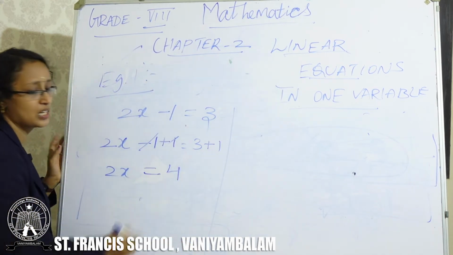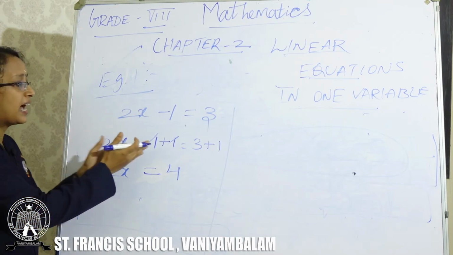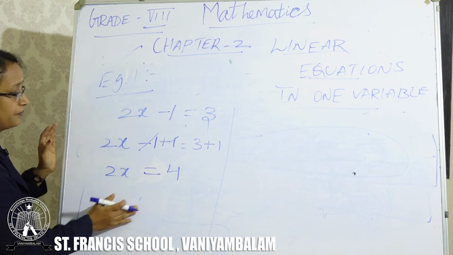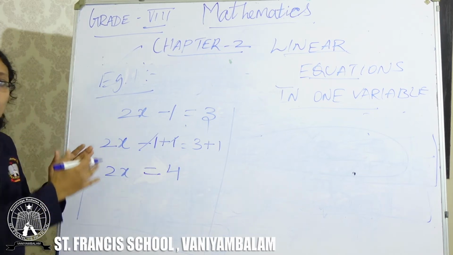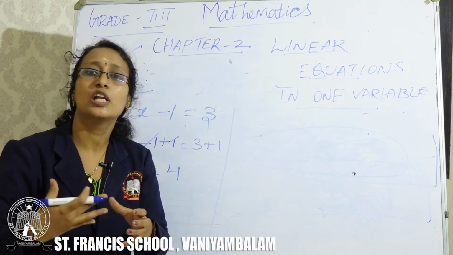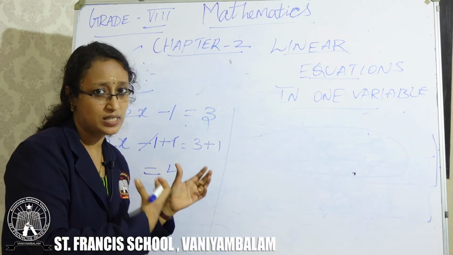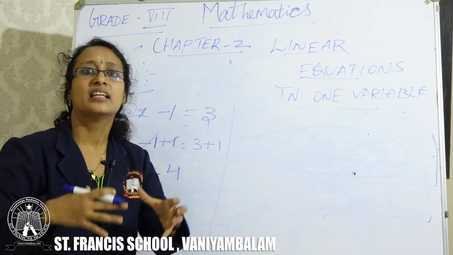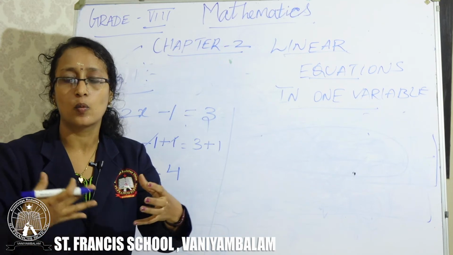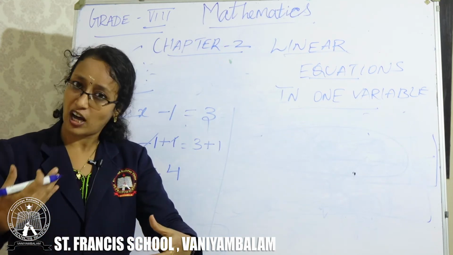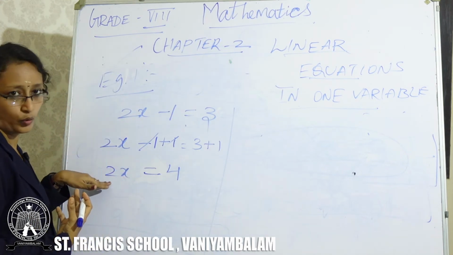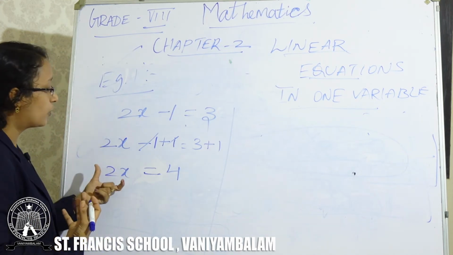3 plus 1 is 4. Now I am adding 1 on both sides. Am I right? Next, what can you do to eliminate this 2? You have to find the value of x. How will you find the value of x? You are using the first step method, that is, the number which is far from x, you have to remove that first. Then next, 2 is here with x, you have to remove this 2.